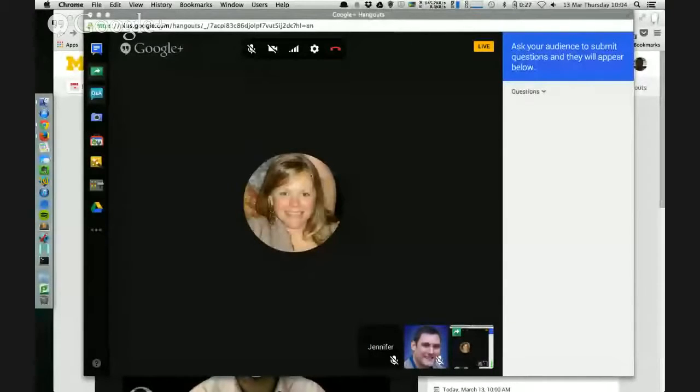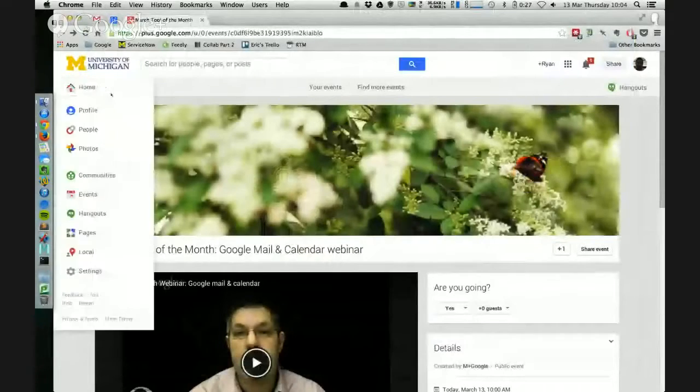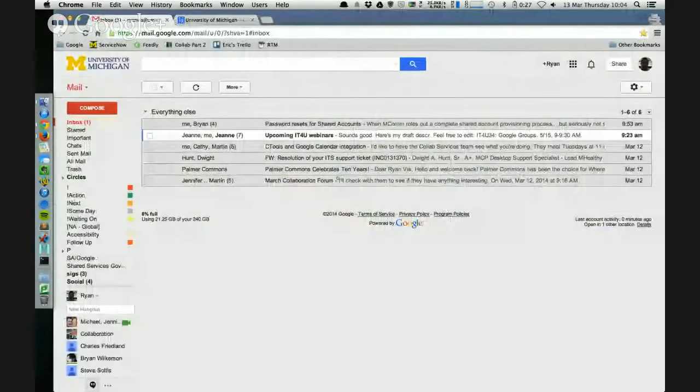I'm going to share my screen here, hopefully. Here we go. Sorry about the redundant. There we go. So this is my mailbox, pretty standard looking mailbox. Hopefully nothing weird comes in while we're doing this, but one of the things you'll notice up here, and I'm on a Mac, on a PC, this little symbol is going to be on the left-hand side, so it's going to be over here because in Windows these controls are over on the right-hand side.